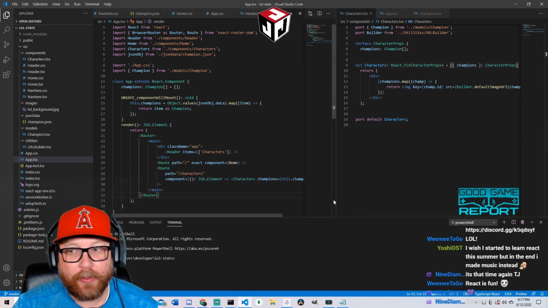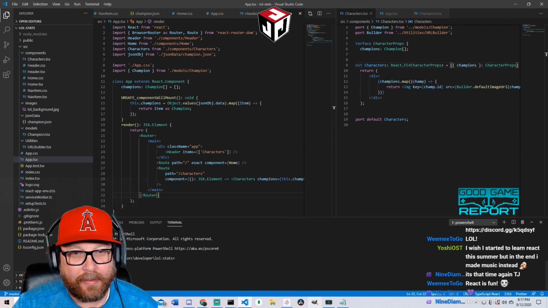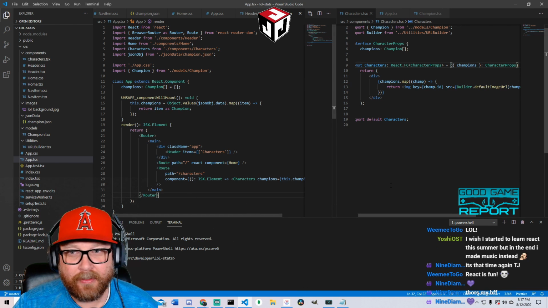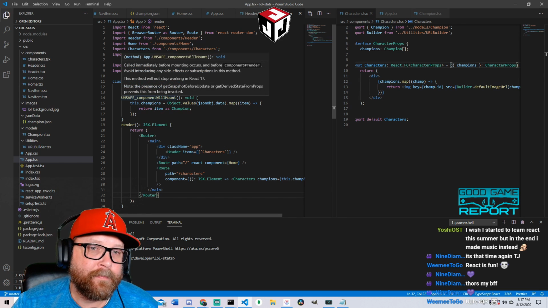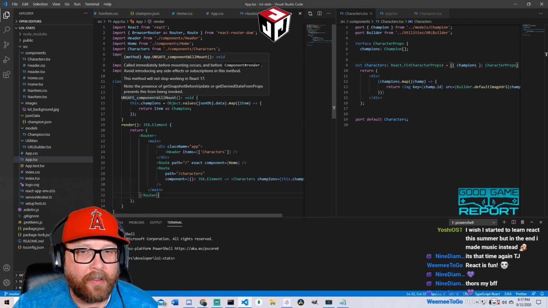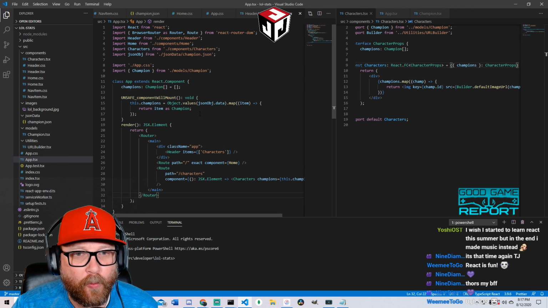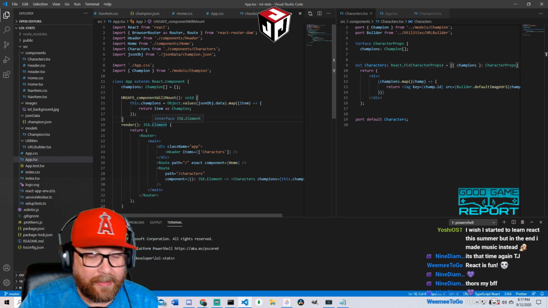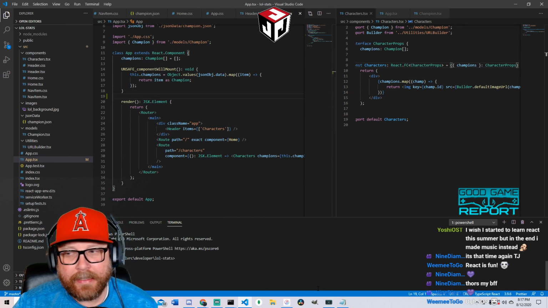All right. I don't even know what to do next. Like, I got everything that I wanted to do. So, this method will not stop working in React 17. Note the presence of get snapshot before prevents this from being invoked. If this is being deprecated, what am I supposed to use in its place? Like, okay. All right, so now,